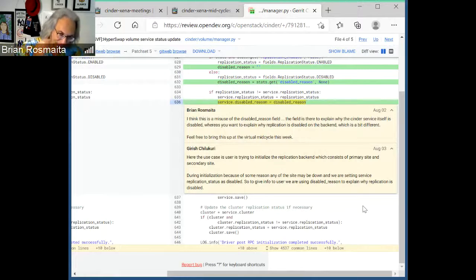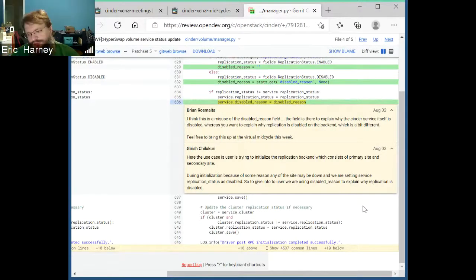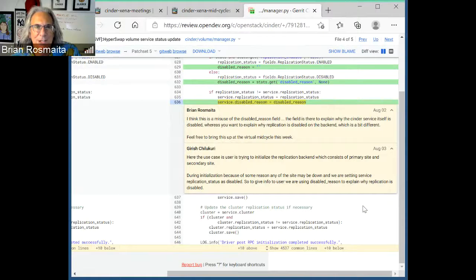It seems like a use case where you want to get information out to the operator. So what's a better way to do that would be the question. What is the information? Replication is disabled because your cluster's not set up right, or one of the nodes went down? I forget. It's been about a week since I looked at this.